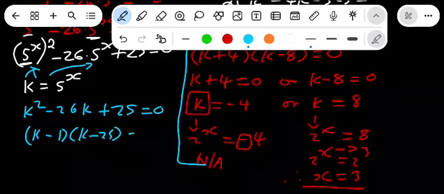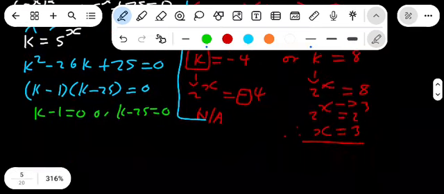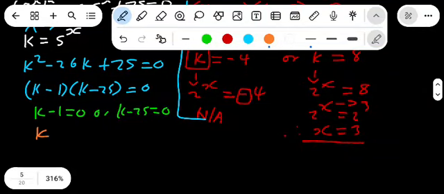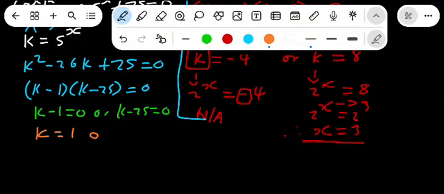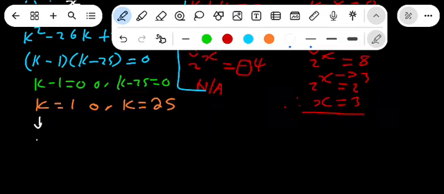Those are factors. This would be equal to 0. So k minus 1 must be equal to 0, or k minus 25 must be equal to 0. Therefore k will be equal to 1, or k will be equal to positive 25. So this is what we have, but we know that k is equal to 5